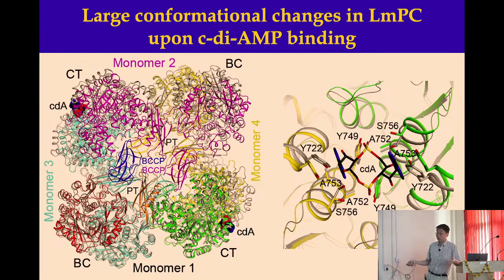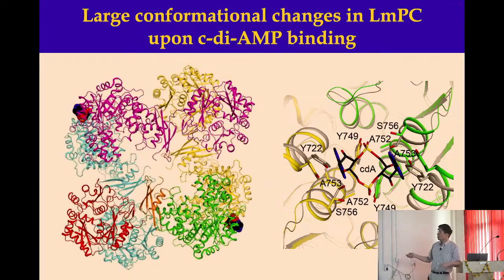So how does it work? When we compare the structure of the, I know this is very complicated, that's what you have. I have a movie to show you in a little bit. When you compare the structure of the free enzyme, which is in gray, and the complex, which is in color here, you can see dramatic changes. They don't overlap really that well at all. And if you look at the binding site, in the free enzyme, the two tyrosines actually encroach into the binding site, so they're going to clash into the adenine bases. So there are a lot of complementary changes in the binding site between the free protein and the ligand bound form of the enzyme.